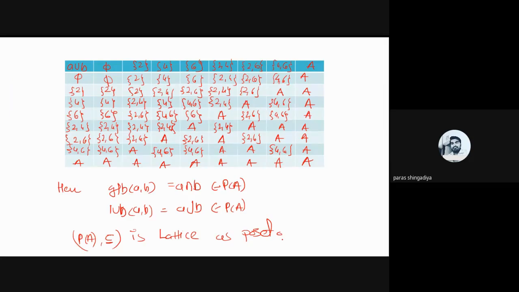And that is X for A union B. Here, if we change the set, in place of 2, 4, 6, if I consider A, B and C, then there is no change. In place of 2, 4, 6, consider A, B, C values. We can consider 1, 2, 3 in place of 2, 4, 6. Any set we can consider.